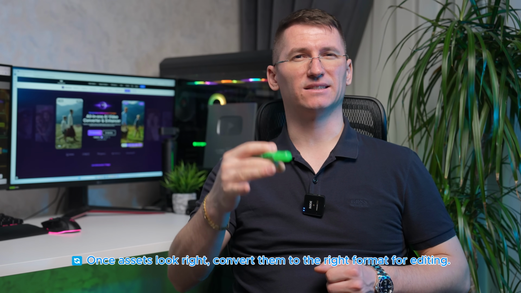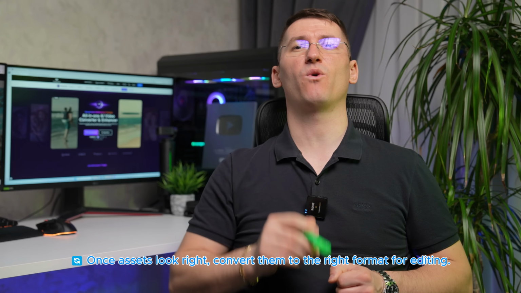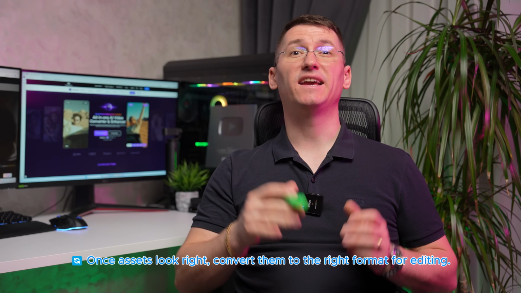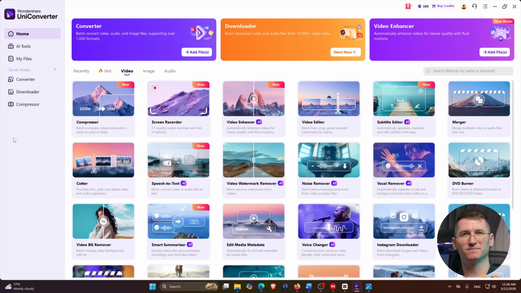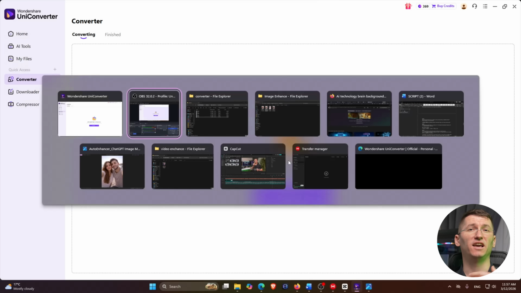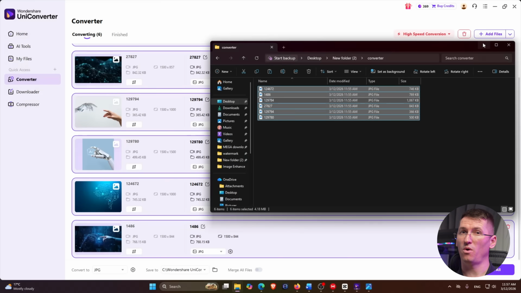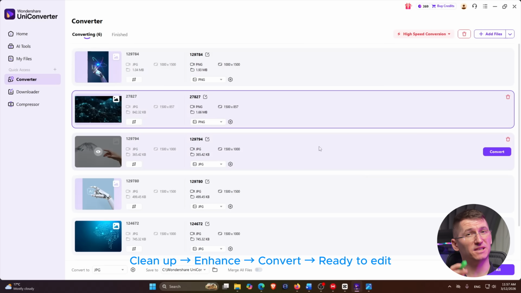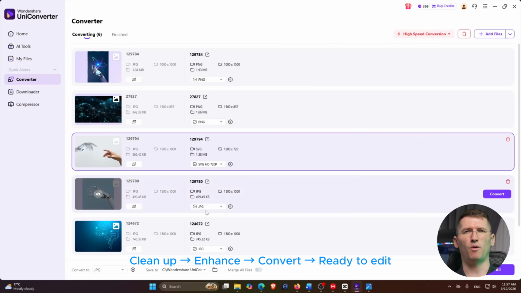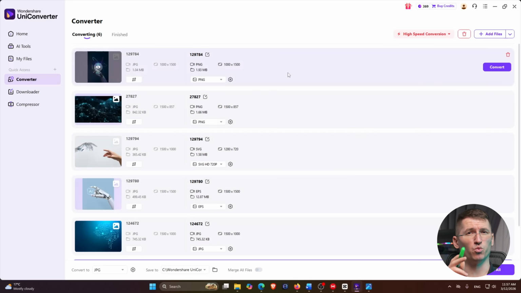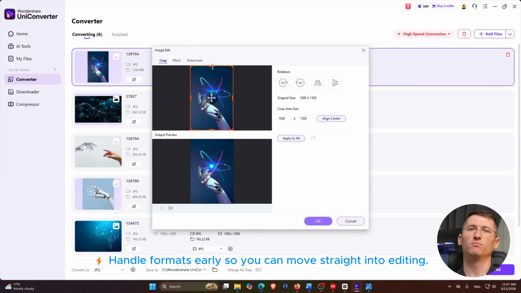Because once the assets look right, the last thing I want is a format problem slowing down the edit. That's why the converter part matters. After the enhancement and cleanup, I can batch convert everything into the format I actually need for editing, for uploading or archiving. This is one of those steps that sounds basic, but it keeps the workflow moving. Instead of stopping to troubleshoot incompatible formats, I can finish the prep work in one place and move straight into